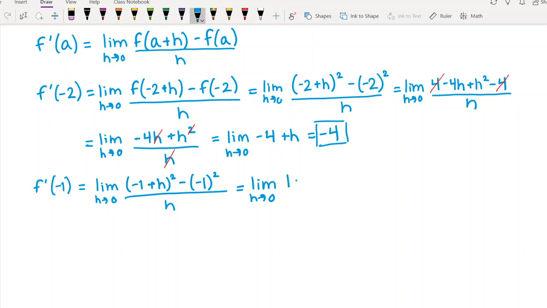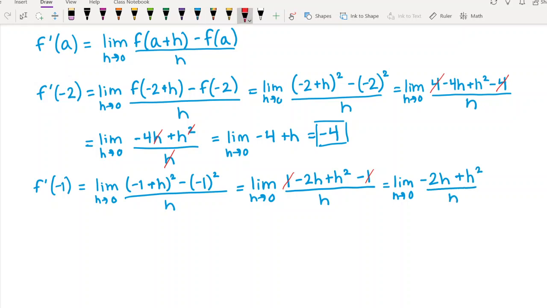So now we have 1 minus 2h plus h squared minus 1, divided by h. And so again, these 1's are going to cancel out with each other, and we're left with the limit as h approaches 0 of -2h plus h squared divided by h. Same as before, we have a common factor of h. So now we're left with the limit as h approaches 0 of -2 plus h. And so now we can just go ahead and plug in that 0 for h, and so we're left with